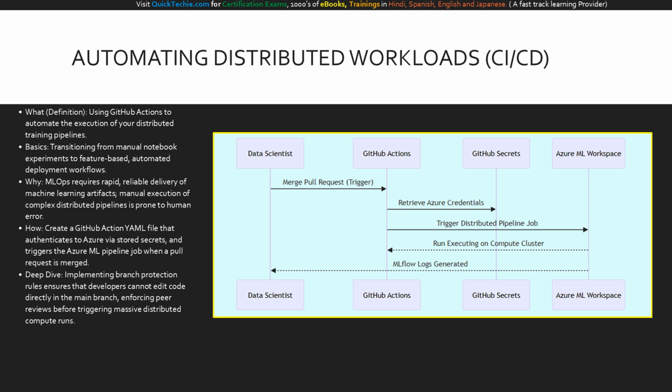Why is automation critical? Because an effective MLOps strategy requires rapid, reliable delivery of artifacts. Manually configuring and launching a 100-node distributed training job invites catastrophic human error. How do we solve this? We store our Azure credentials securely in GitHub secrets and write a YAML workflow that triggers the pipeline job automatically